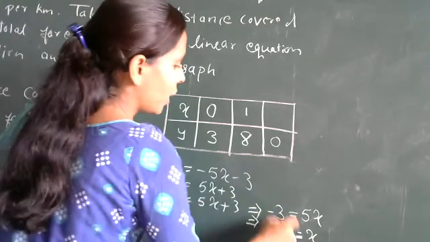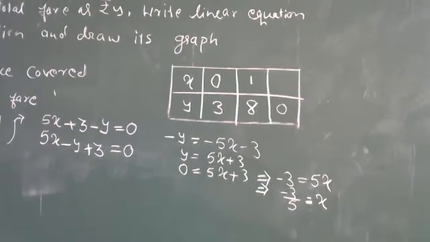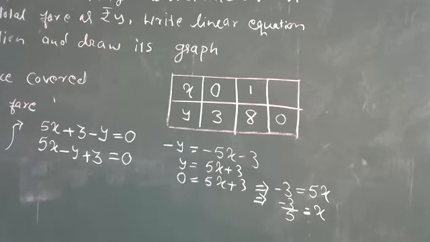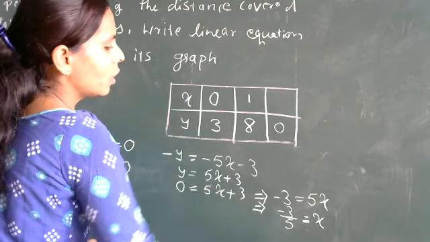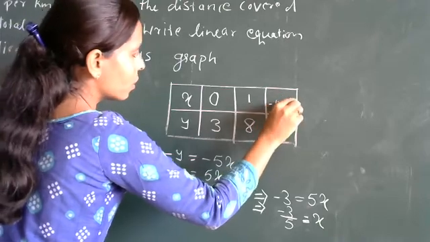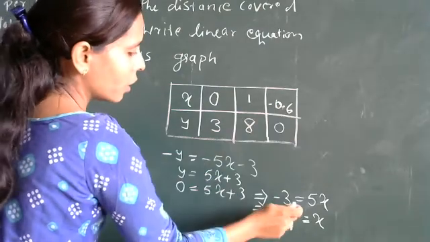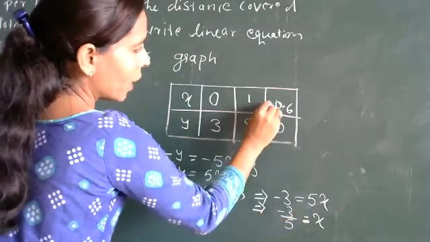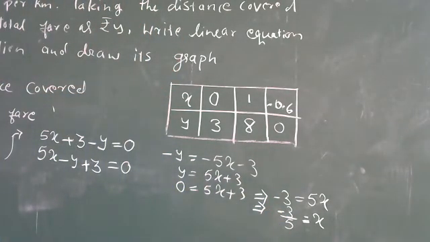But can you show the value of x as minus 3 upon 5 on the graph paper? Can you show that? On graph paper, we can't show the fraction directly, but we can show the decimal values. So convert this into decimal values. It will be what? Minus 0.6. Because 3 is a smaller value, we have to take point first. 30 will occur. 5 6 are 30. So minus sign is there. So with that it is minus 0.6.